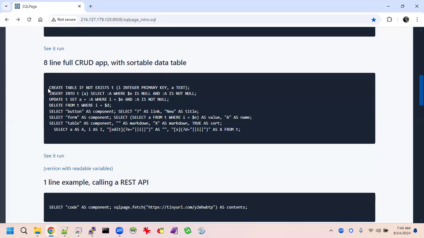But to go through each of the lines, the first line creates a table in the database if it doesn't exist, we're going to call that table T. It will have a primary key column, which we're calling ID. It will have a column called A, which will store some text. This line inserts into that table in the A column